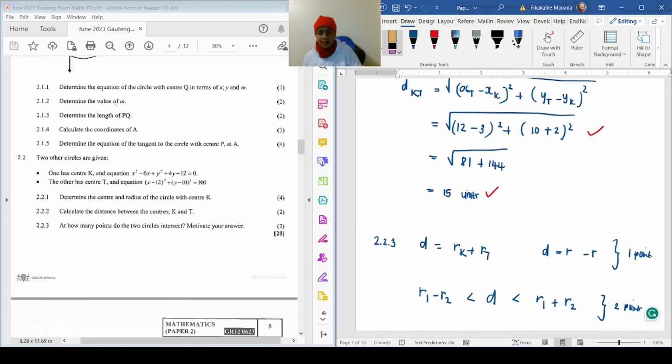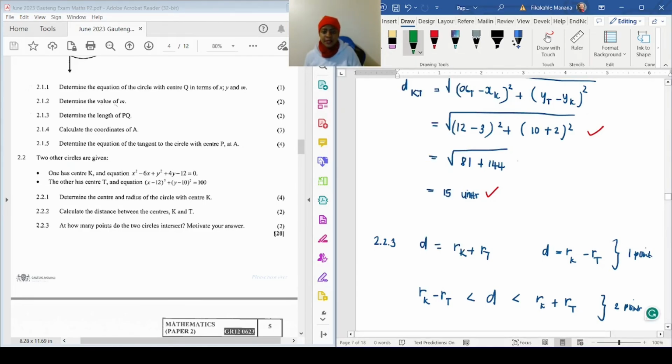Okay. K and T everywhere. I'm taking time to answer this with the hopes that if you ever come across this question in the future, you know how to tackle it. All right, let me just use a different colored pen. So basically the radius of K,